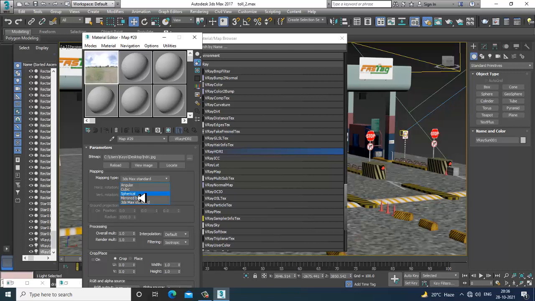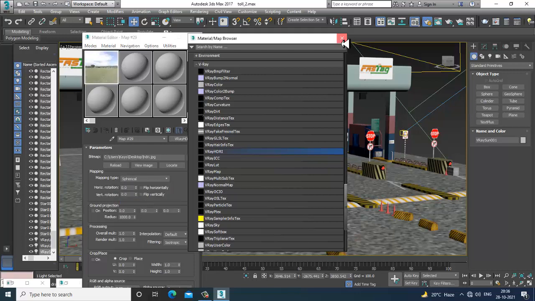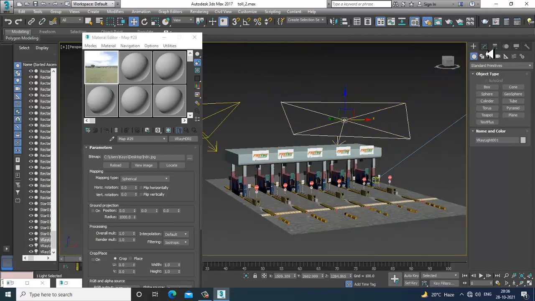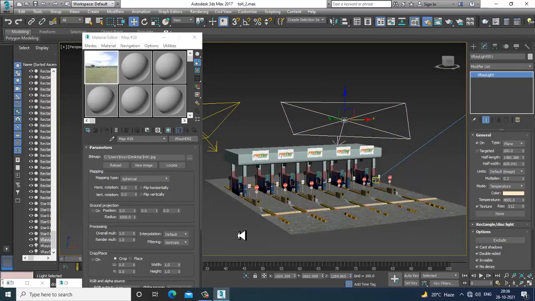Select this light, go into this and assign this over here. Select this, assign this over here. Rendering.